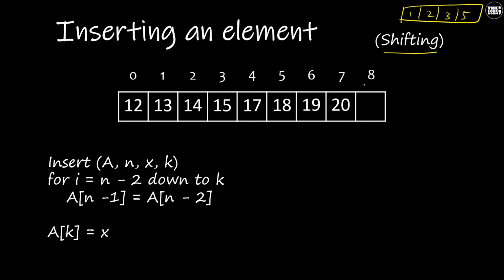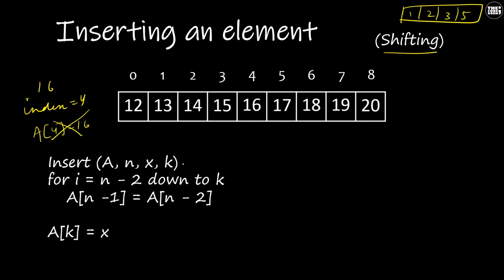We have seen that shifting can be done on sorted as well as unsorted sequence. Consider this array. Say I want to insert element 16 at index 4. You might say that we can simply assign the 4th index as 16. But this would be wrong. Because when we do this, the element that was already stored at index 4 gets overwritten and we cannot access it anymore. So instead, what we do is we shift the elements from the 4th position to their right and then assign the 4th index as 16. This is how we insert an element by shifting.